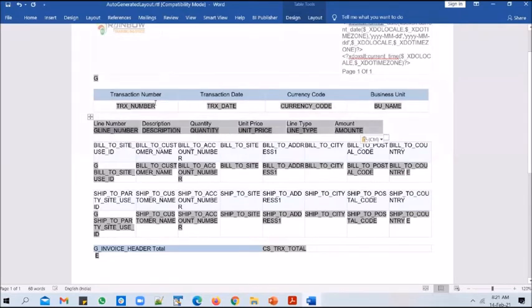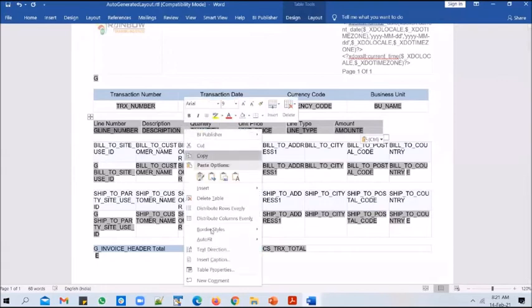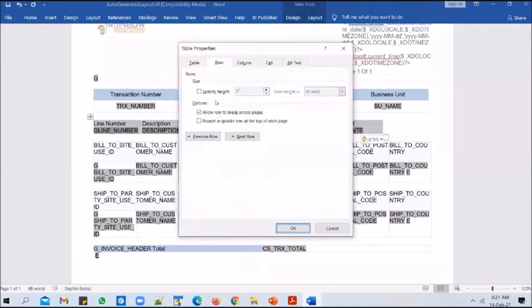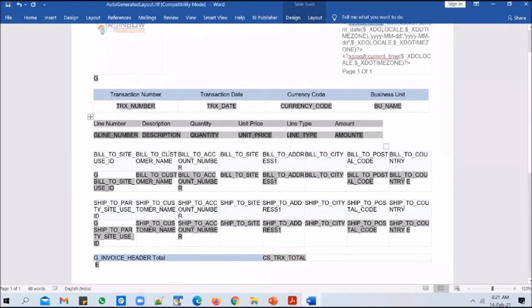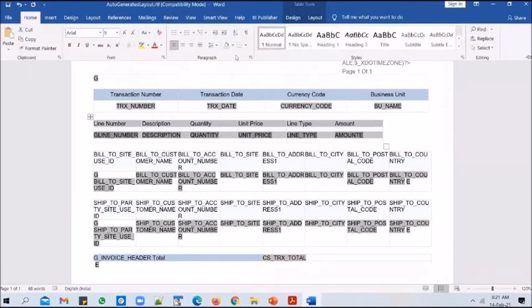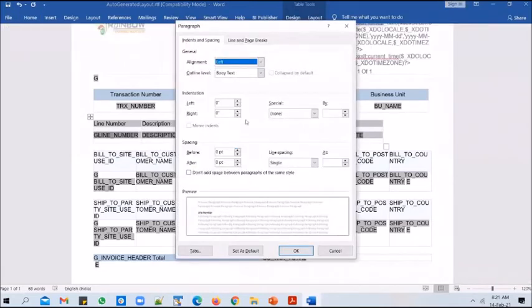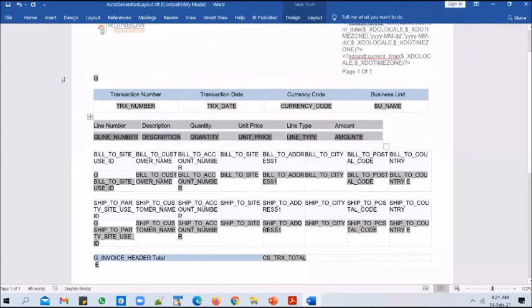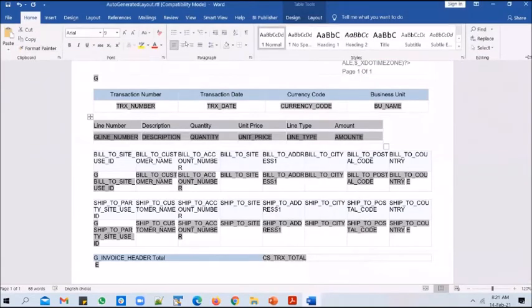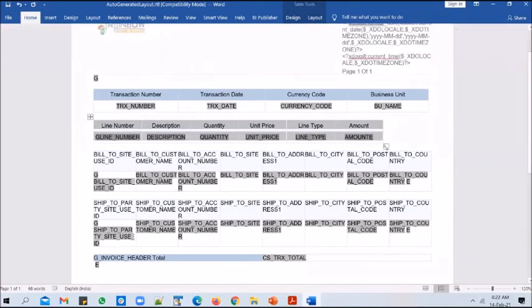We will do the same things again, like we'll increase the width of the columns. So you select the table properties, specify height, 0.25 exactly. Click OK. And we will also align them to the middle. We will give 3-point spacing before, and we will rearrange the columns a little bit.